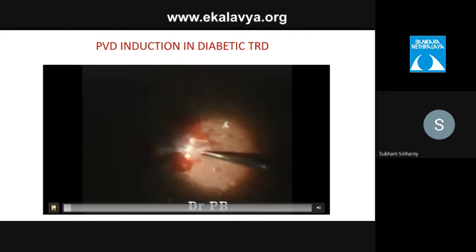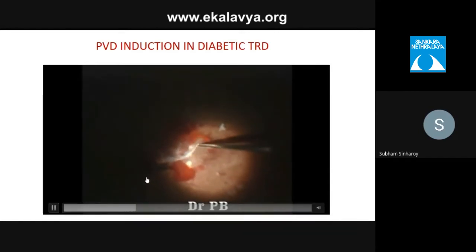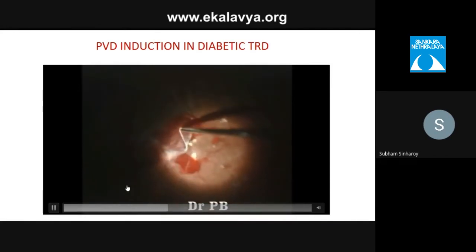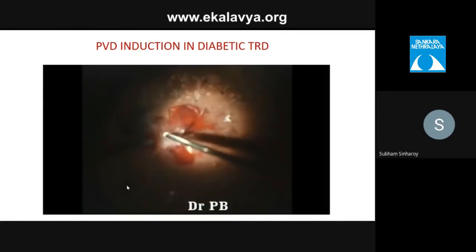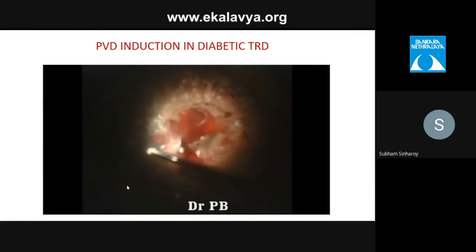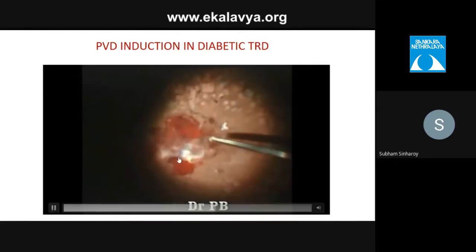Here you see that the surgeon is trying to induce a PVD with a flat prolif and the posterior hyaloid in the posterior pole. Here you can see the cutter. With the help of active aspiration, they are trying to lift the hyaloid along with the prolif very smoothly and steadily. You can see all the periretinal blood. Now the hyaloid is lifted partially.